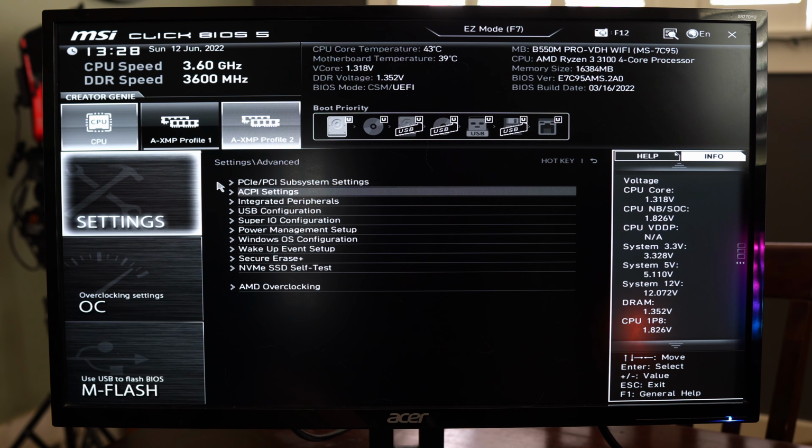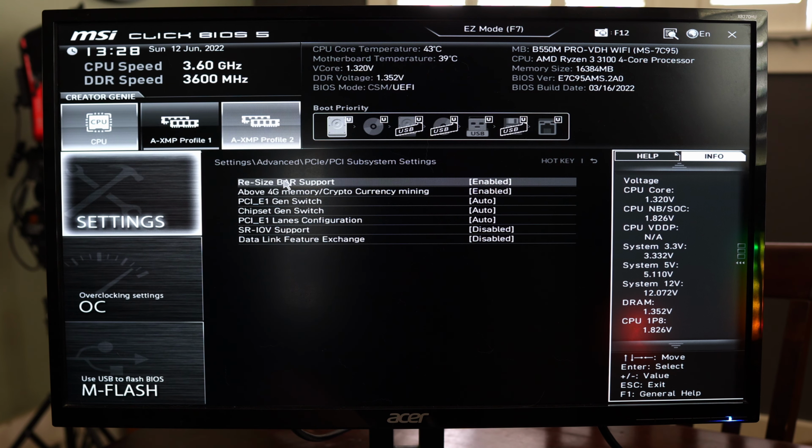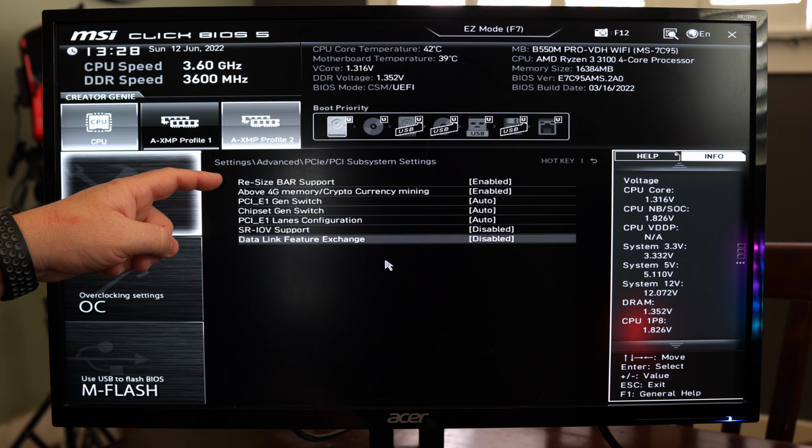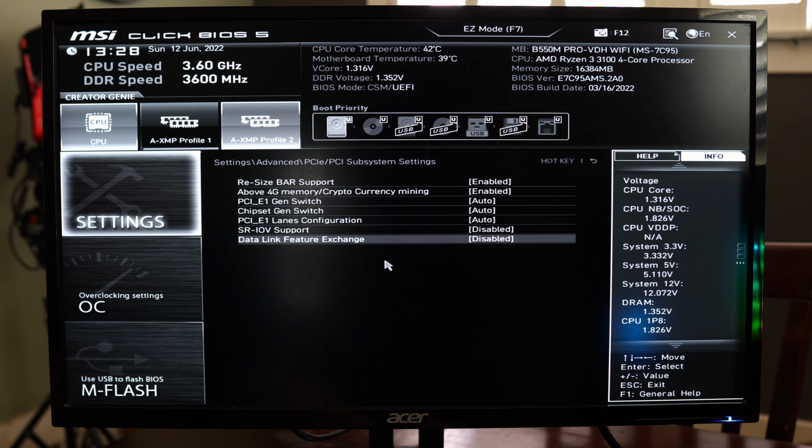In settings, go to advanced. This is where you're gonna set up Resizable Bar as well as PBO. So we go to PCIe subsystems, Resizable Bar support, make sure it's enabled. Again, even if you have an older GTX card, make sure this is enabled. And the reason why is because AMD has their AMD FidelityFX technology. It works on older GPUs that do not have ray tracing, etc. But what it does is if the game supports it, like Shadow of the Tomb Raider or Cyberpunk, it will give you higher frames. And I kind of talk about that a little bit on the build video for this computer. It's really handy,